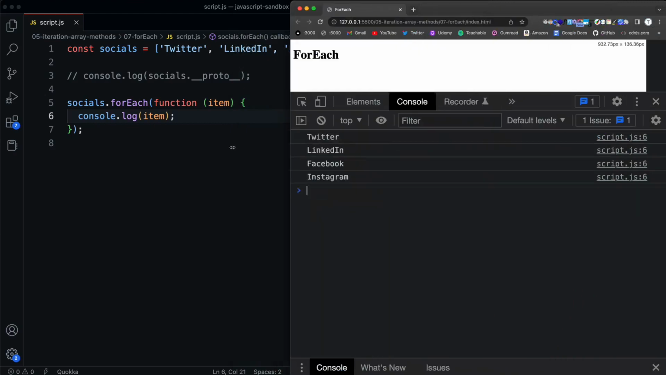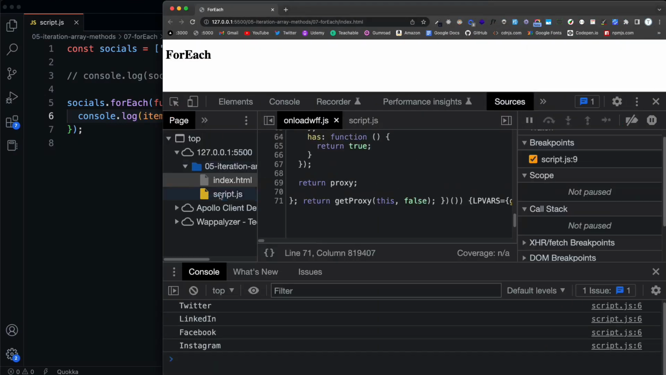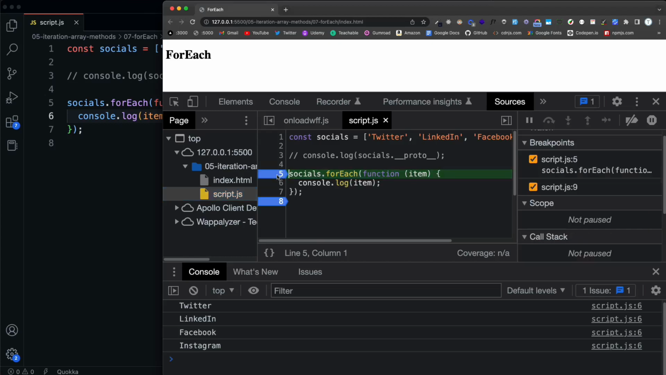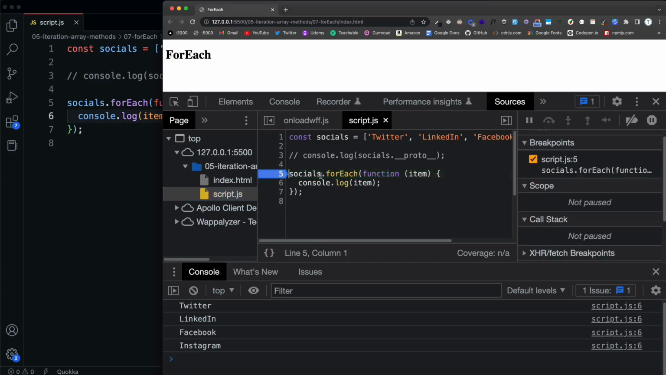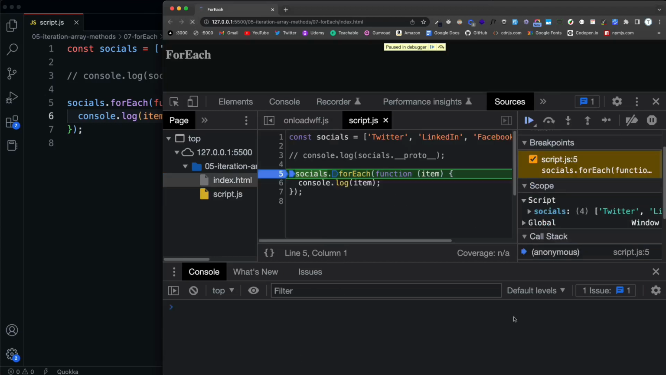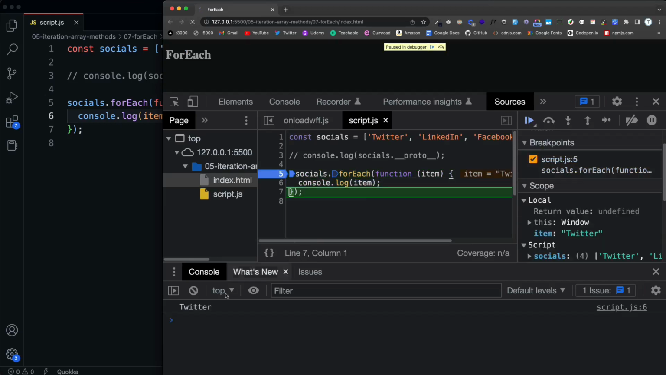All right, and if you want to slow it down a little bit, you could go to sources and go to script. We looked at this debugger back when we looked at execution context and the call stack. But what I'm going to do is put a breakpoint right here on the forEach, and then I'm going to reload the page. Nothing is run yet, but if I come down here to the step arrow and I hit that, it's going to go into the function, run the forEach, run the console log,